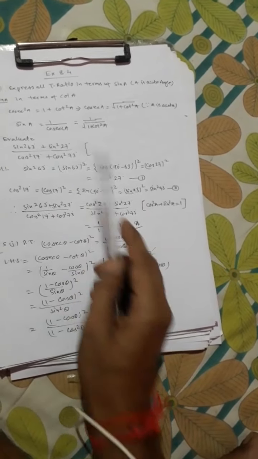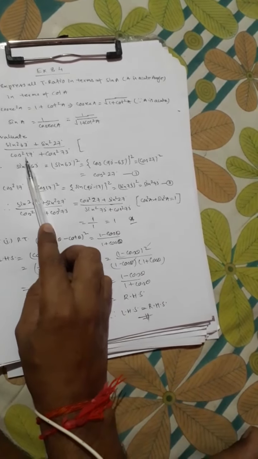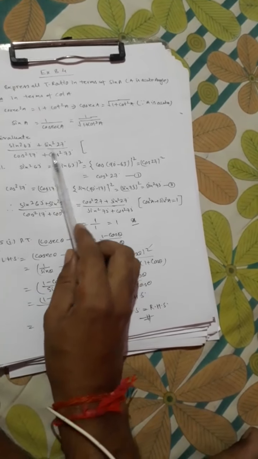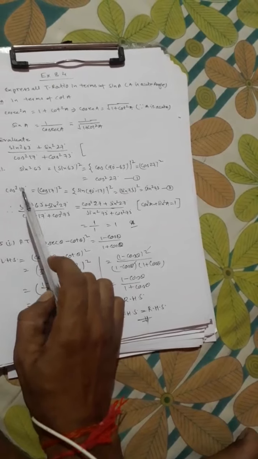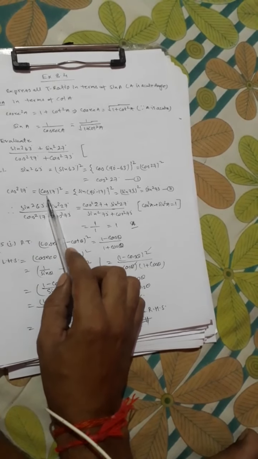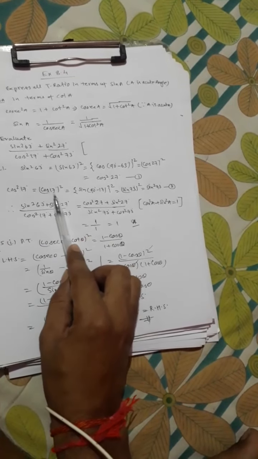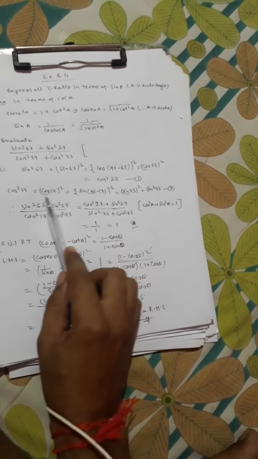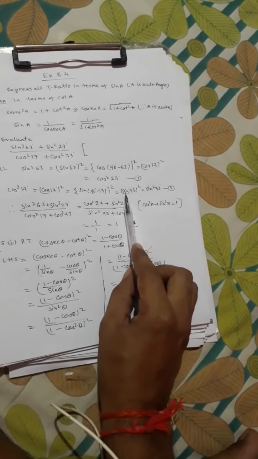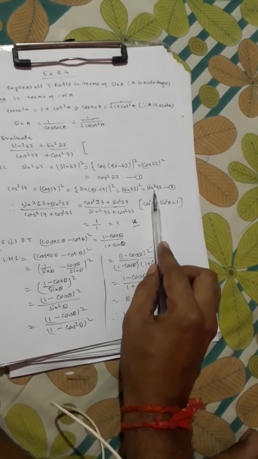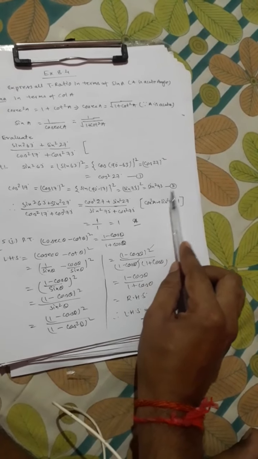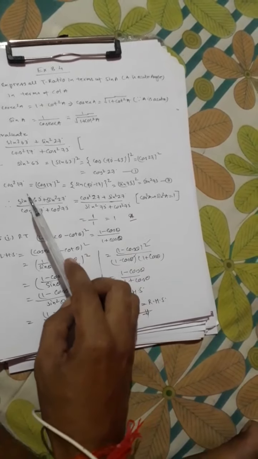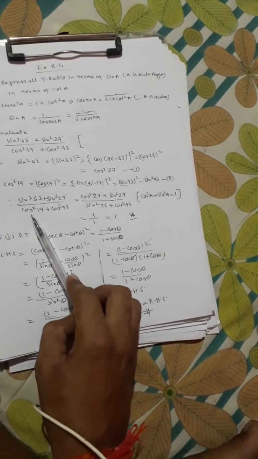Let this be first for the numerator. Similarly we have to change any one of these cos square values in the denominator into sine by applying the complementary formula. So here cos square 17 degree, we can write cos 17 whole square. Now we can convert this cos in terms of sine by applying sin 90 minus theta. So we have sin 73 whole square, which can be written as sin square 73 degree. Let this be equation 1.